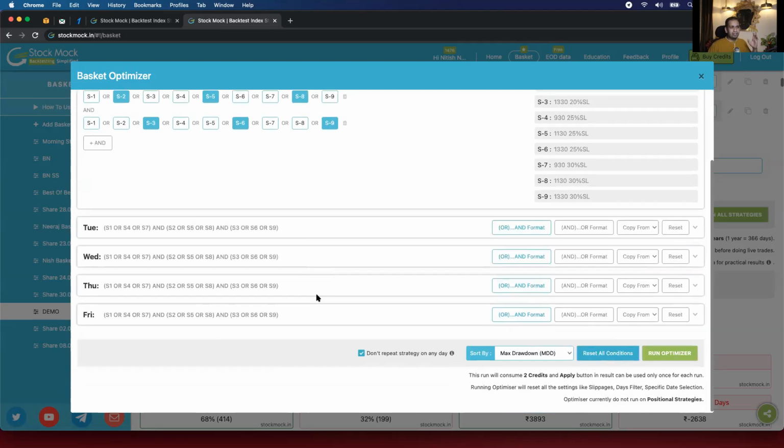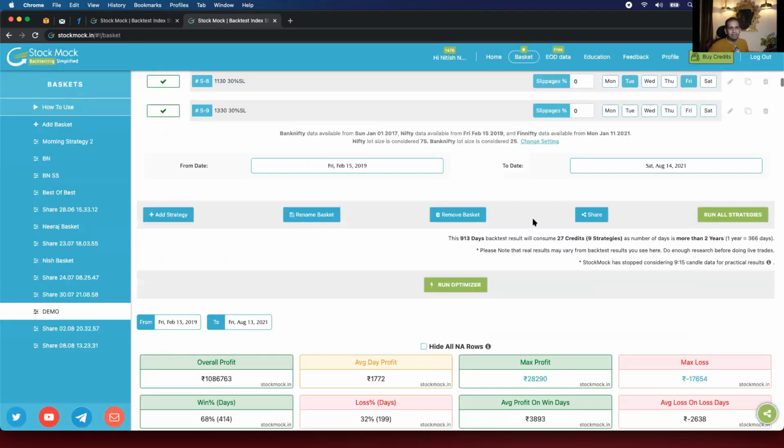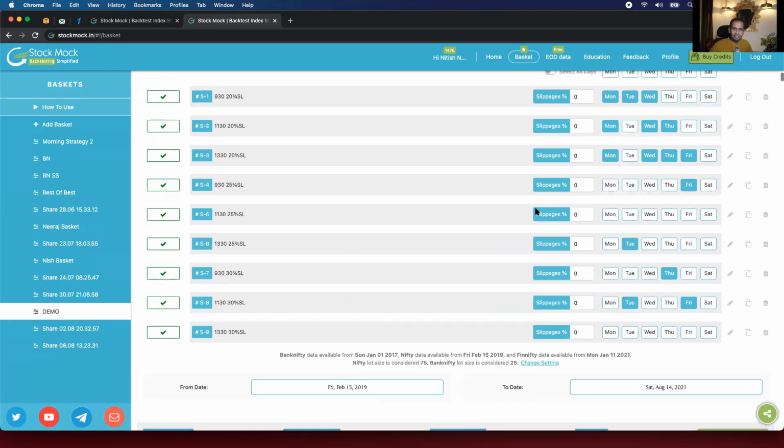Now comes the second part. I hope this is very clear to you by now. When we demonstrated this to users and beta users were running it, there were some suggestions from their end. They told us that right now you are doing different strategies on different days. Obviously, the optimizer found out that this is the best way to do it, but what if I want to run the same strategies, whatever they are, on all the days?